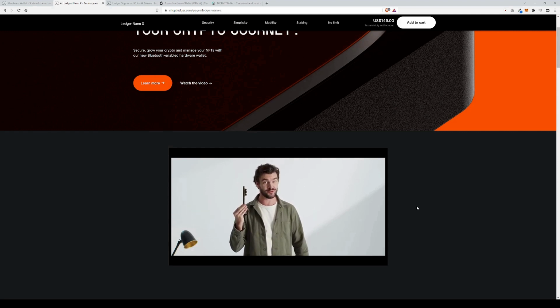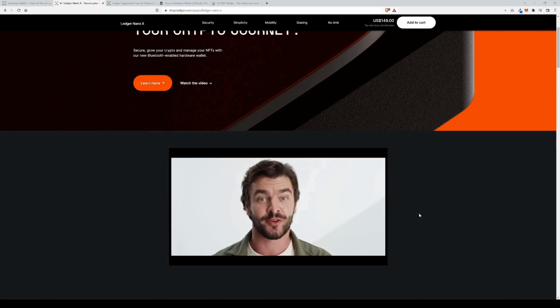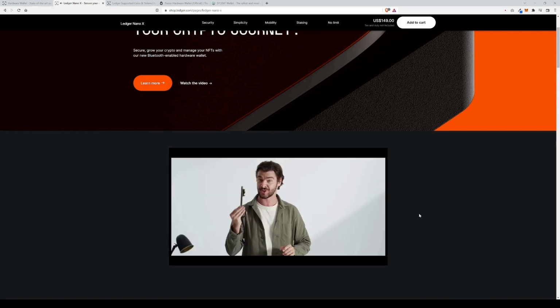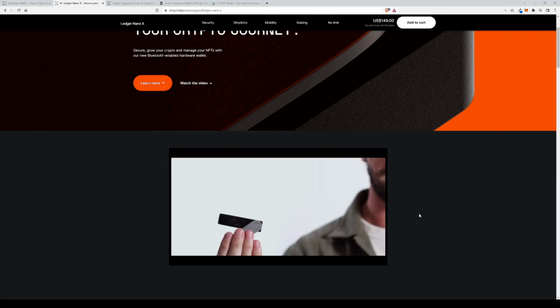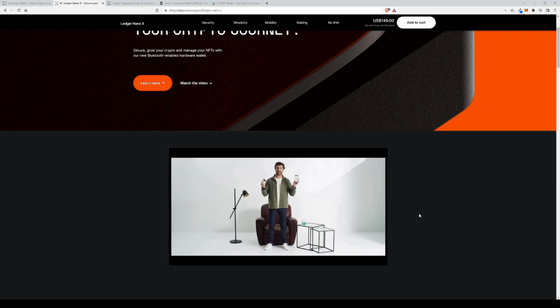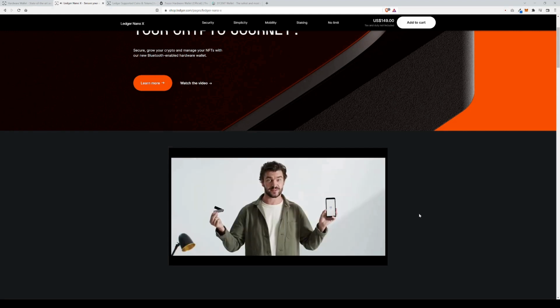So, to give you full control over your crypto, Ledger created a solution that enables you to secure and own this key. The hardware wallet, combined with the Ledger Live application, is the best way to secure your funds while giving you the freedom to manage everything on your own.